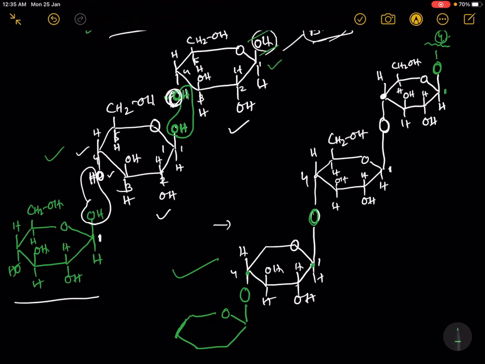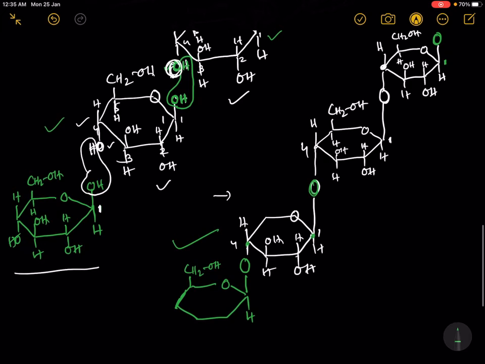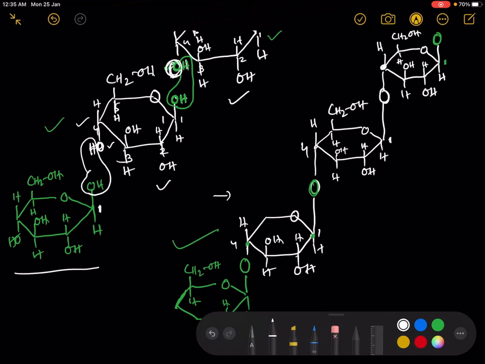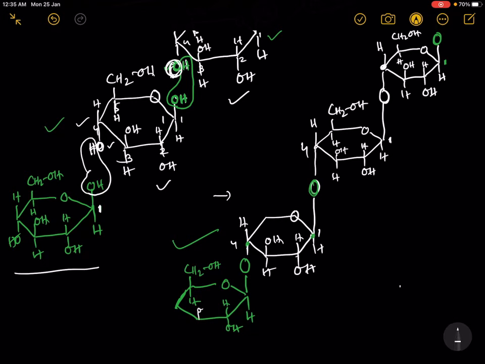Let me complete over here. H, OH at number 3 position. OH is at the top and H at the bottom, and this O is connected to another beta D glucose unit. So you are getting cellulose,